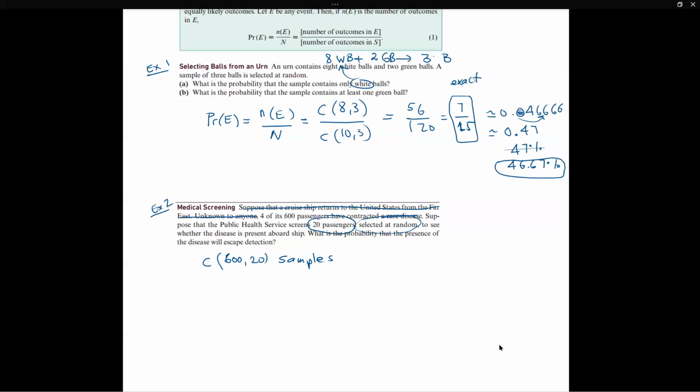The counting method that we used in previous videos. So the number of samples containing none of the sick passengers is, so once you test 596, 20, so the number of samples containing none of the sick passengers is a combination of 20 out of 596. Therefore, the probability of not detecting the disease is,